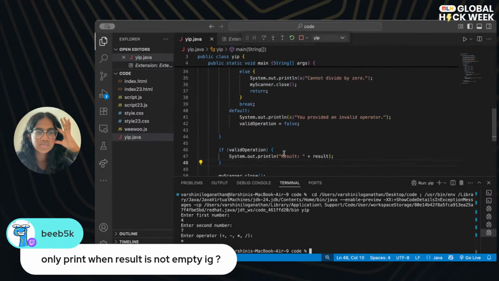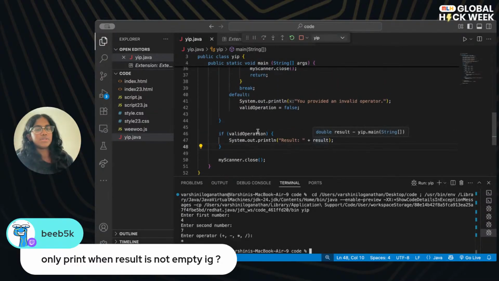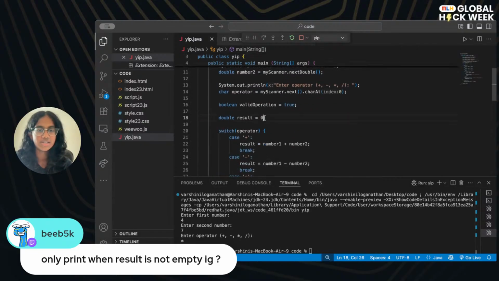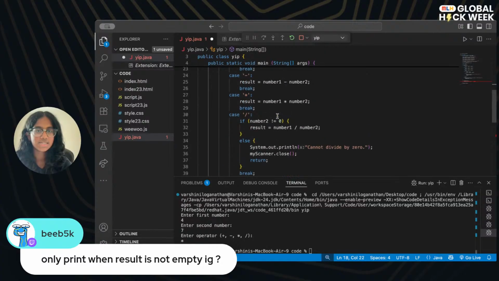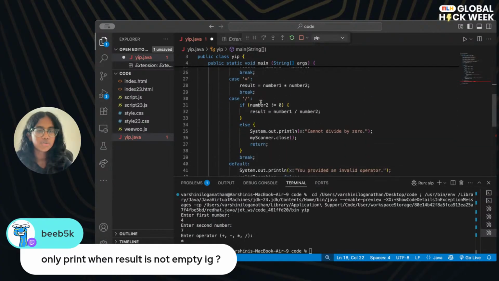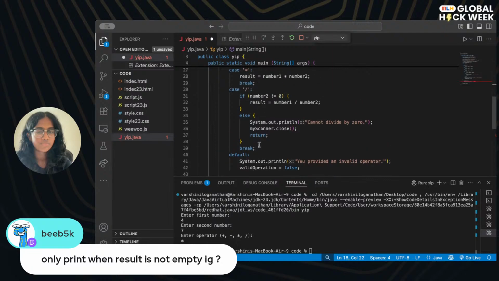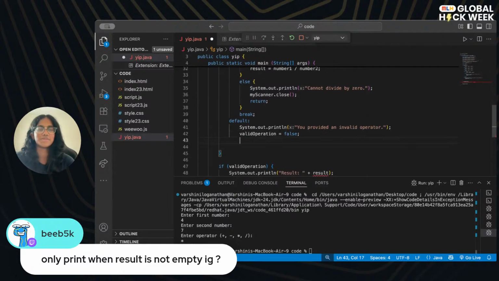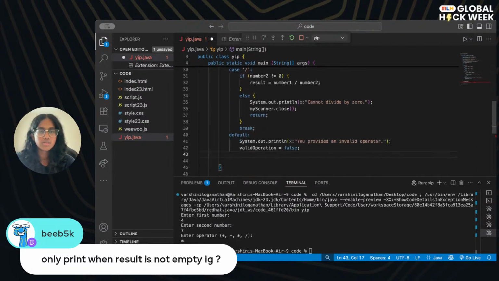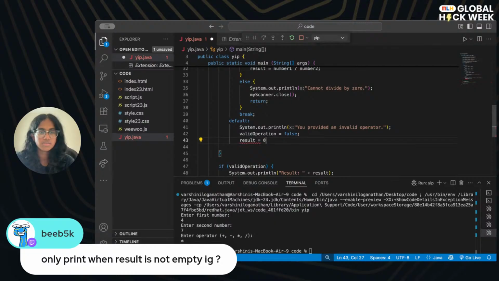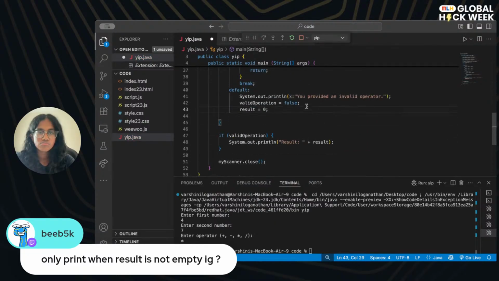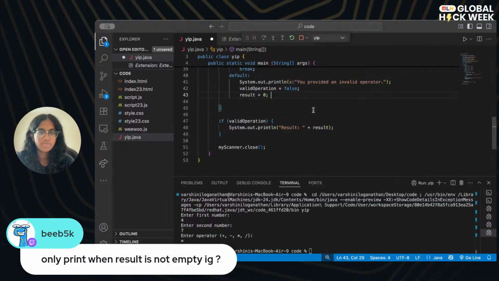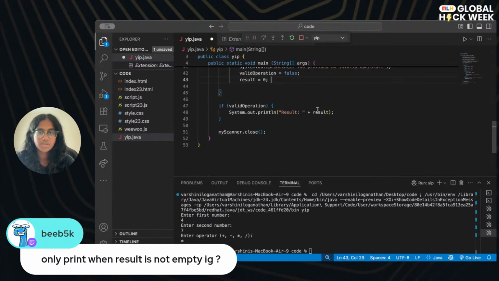The problem it was saying was, if I don't instantiate this here, if I just have it here, it gets mad because the local variable may not have been initialized. And I think that's because even if it goes through all these cases, and even in, oh my God, I'm so stupid. I just have to set the result to 0 here. Yeah, I actually think that fixes it. Let me try that. Yeah, that does.